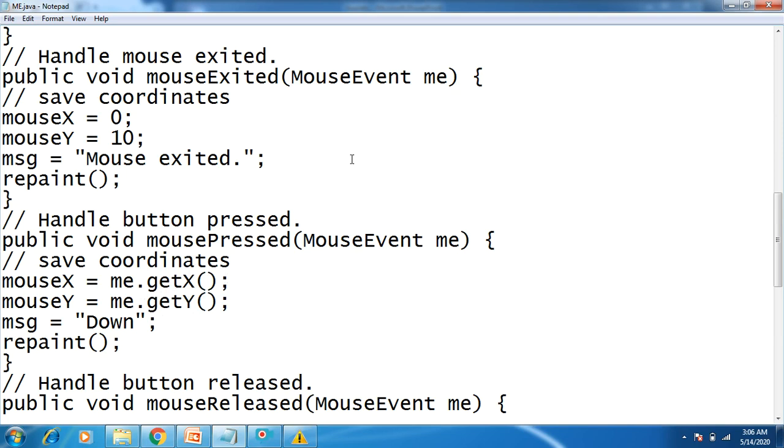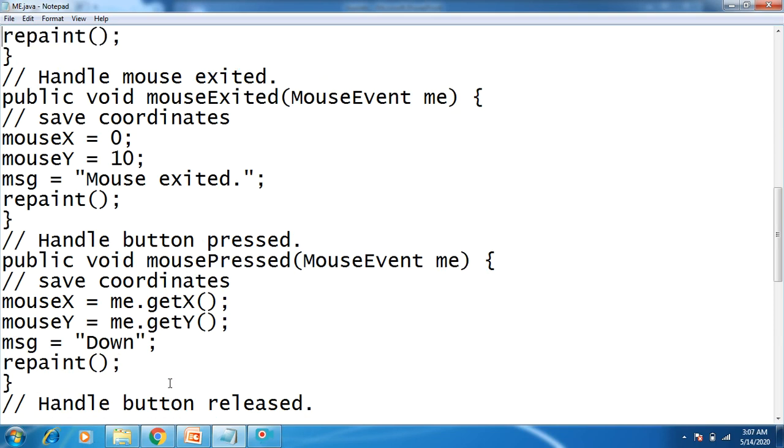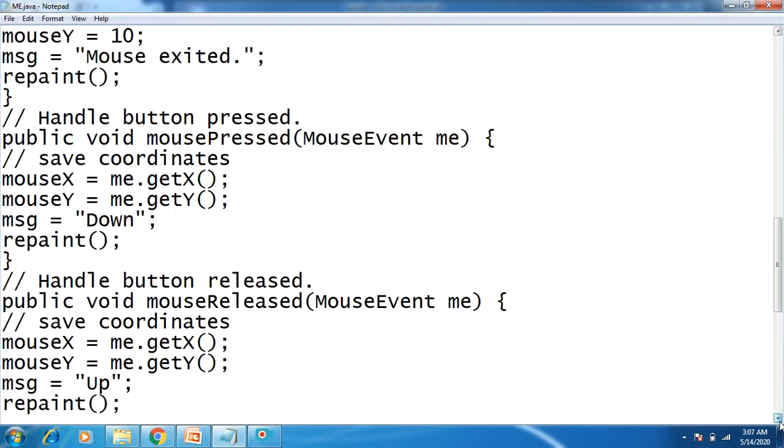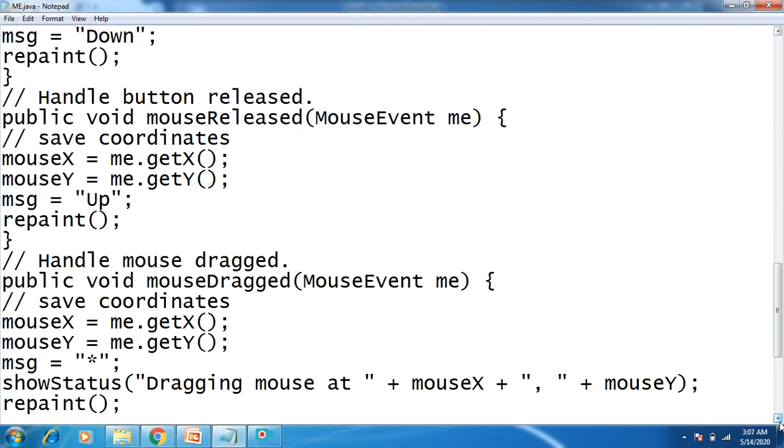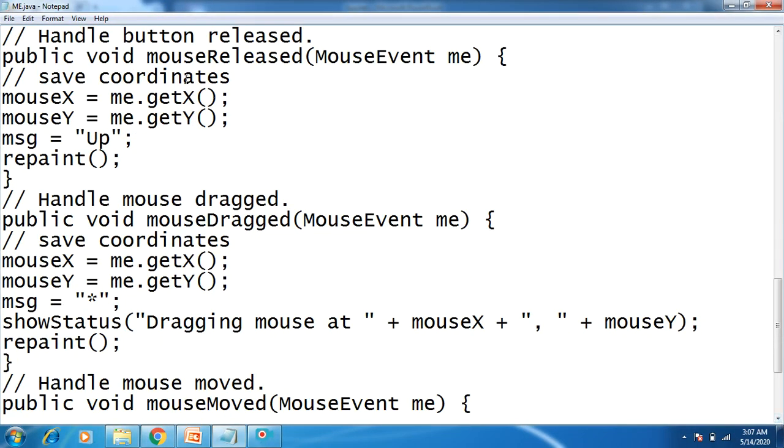So within the applet window, where exactly the mouse is pointing, that value, that is the x and y coordinate, you can get by using these getX, getY methods. Then suppose once you press it and release it, then a mouseReleased event occurs. At that time the down message will be displayed to you with the x and y coordinate values. So these are the methods available in MouseListener. Then mouseReleased, that is when you release the mouse, it is going to show you the up message.